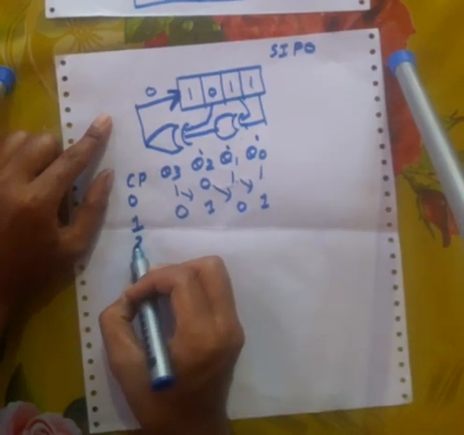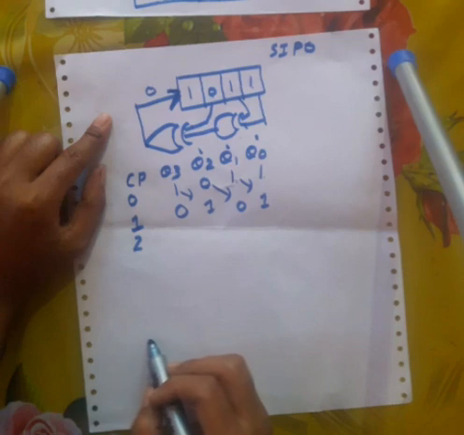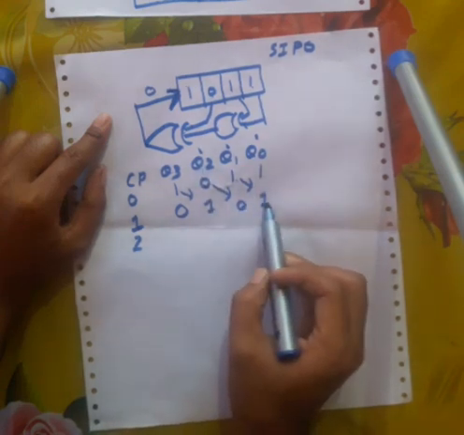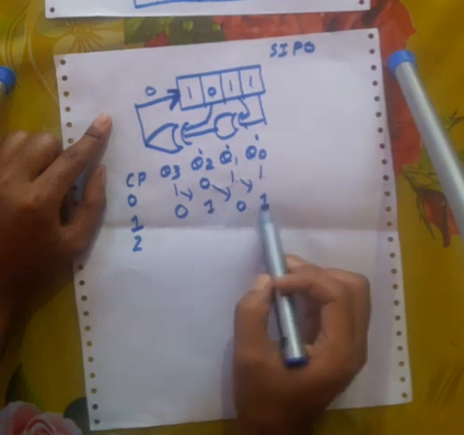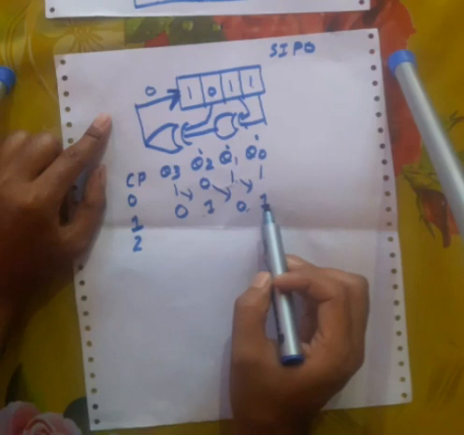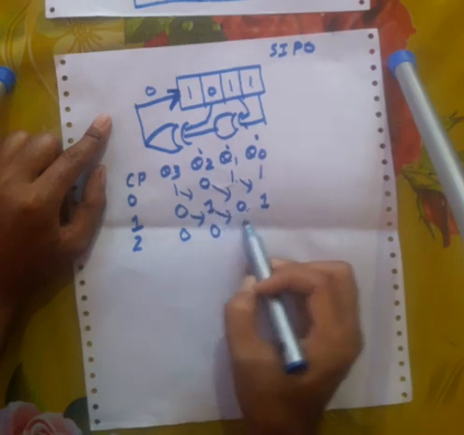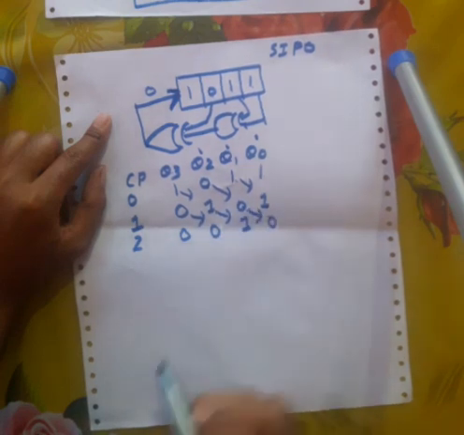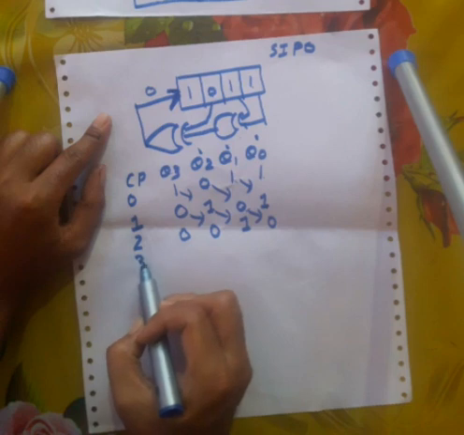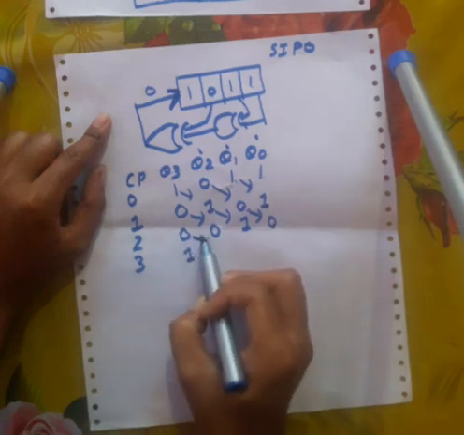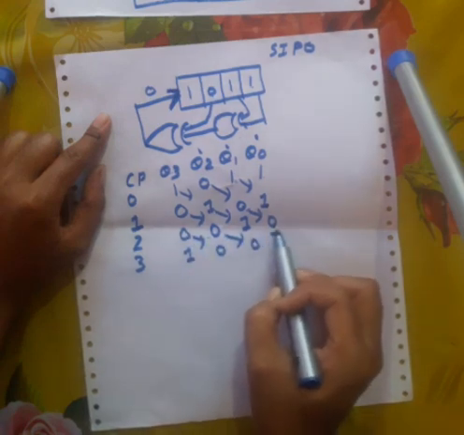Now after the second clock pulse, take the XOR of this. The newly loaded data is again 101. The XOR output is 0, so 0 will come here, this 0 shifts here, this 1 shifts here, and this 0 shifts here. Now after the third clock pulse, the input is 0 1 0, an odd number of ones, so the output is 1. So 1 comes here, this 0 shifts here, this 0 and this 1 shift here.